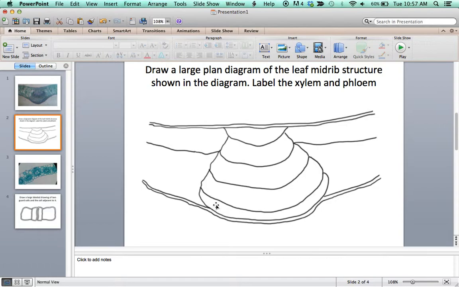And since they ask you to label the xylem and phloem, please label them correctly. This will be the xylem and this is the